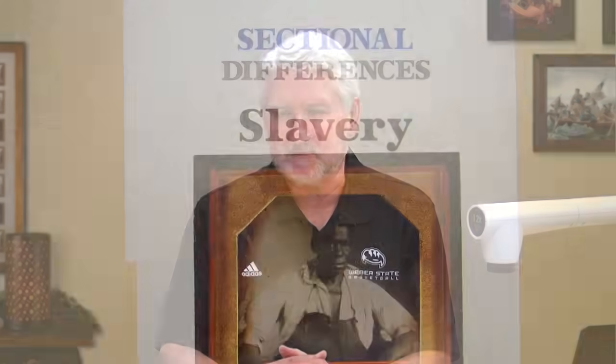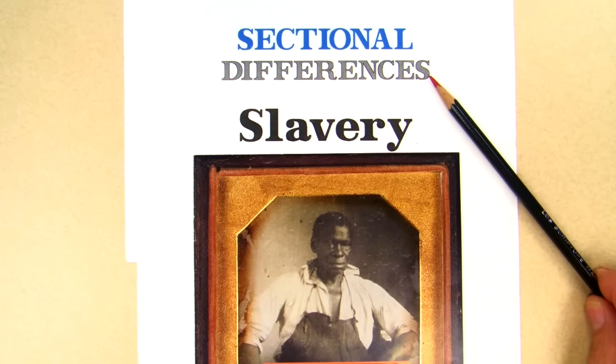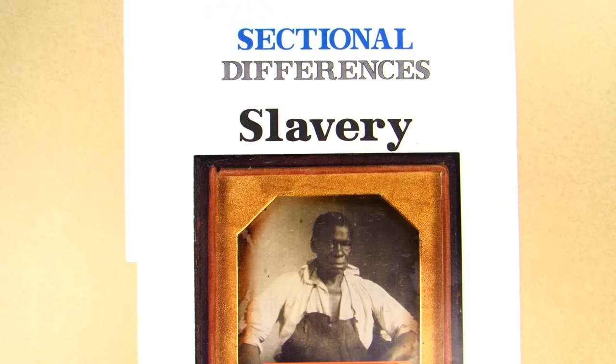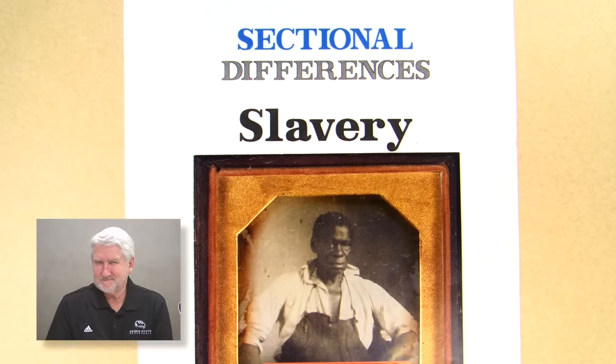There were, in addition to slavery, many other problems, many other differences that divided the North and the South that would lead us to the Civil War in the middle of the 1860s. And that's kind of where this story is going to take us during the next couple of units. Notice the S on the end of the word difference here. Slavery was not the only problem.